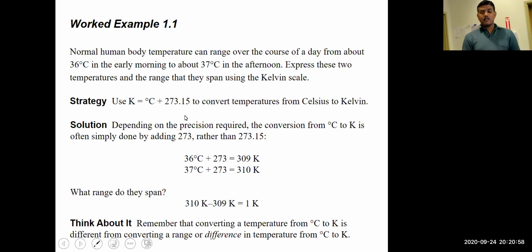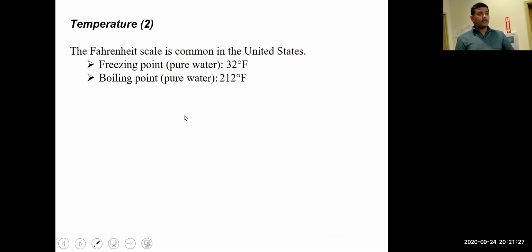So the question asked is, what range do they span? It is the same as the Celsius range. 36 to 37 is only a 1 degree Celsius range. So 309 to 310 is a 1 Kelvin range. The magnitude of the difference between temperatures is the same, because the formula is you're just adding the same 273 to both 36 and 37 degrees Celsius. So this is one thing to keep in mind as we discuss the third type of temperature,